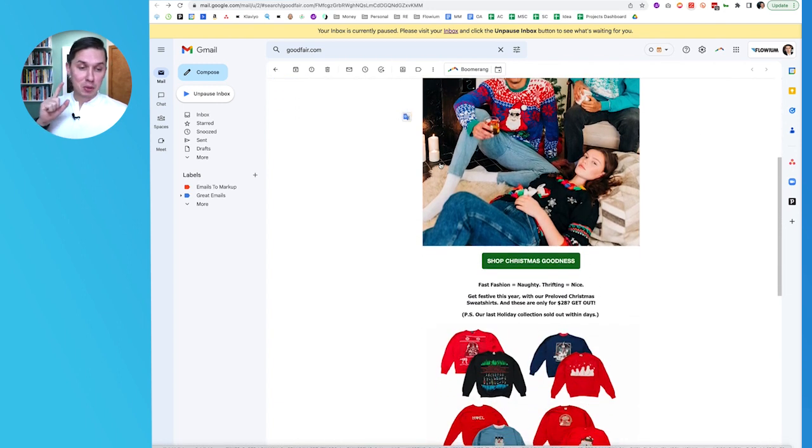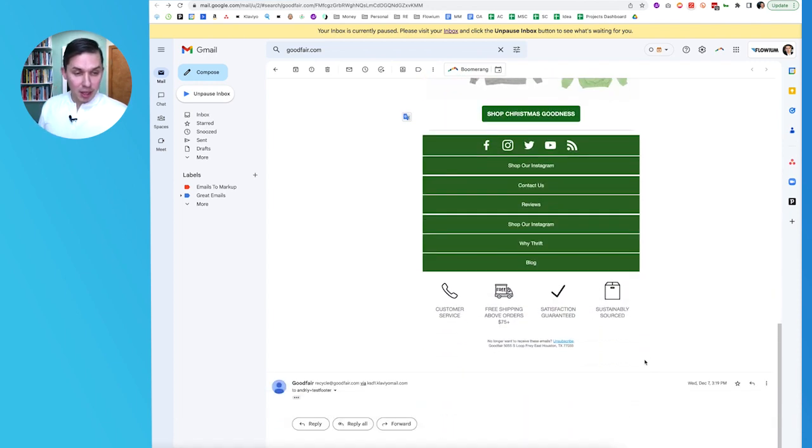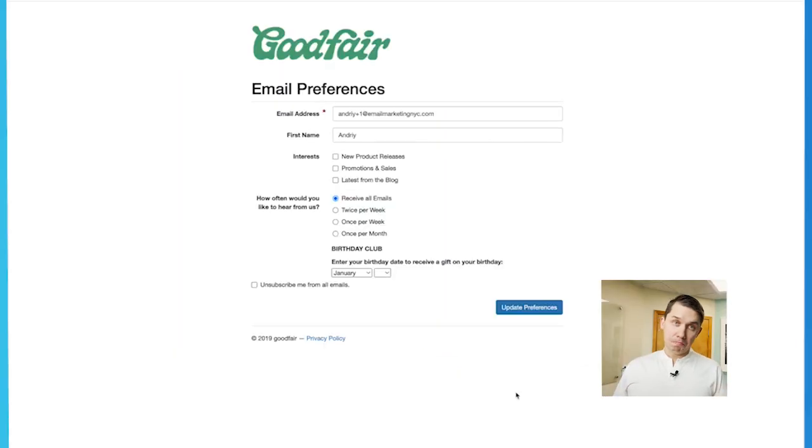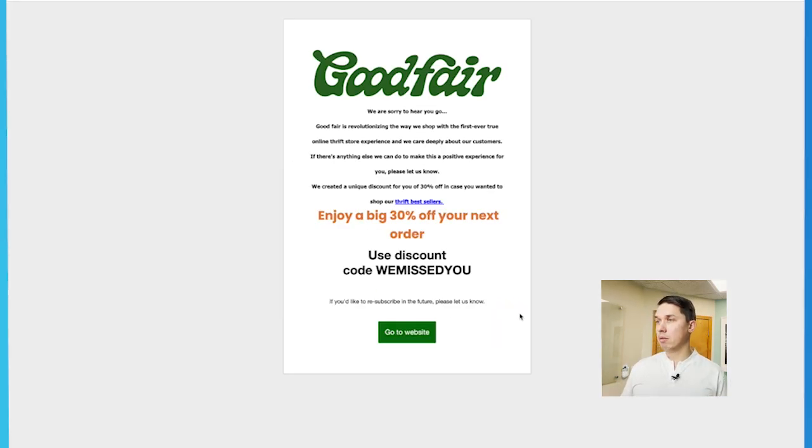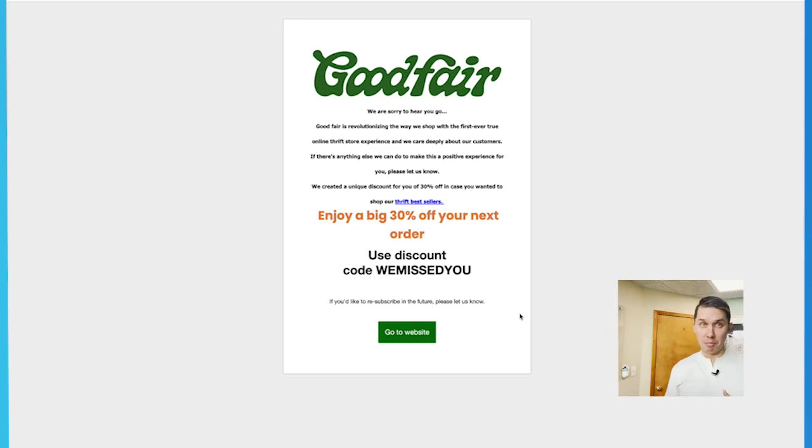When I scroll down and click unsubscribe, pretty simple, everything looks good here. On the preference page I click unsubscribe because I do want to unsubscribe. I click update preference, and it redirects me to an unsubscribe confirmation page saying, hey, we confirm you are unsubscribed now. However, before you go,